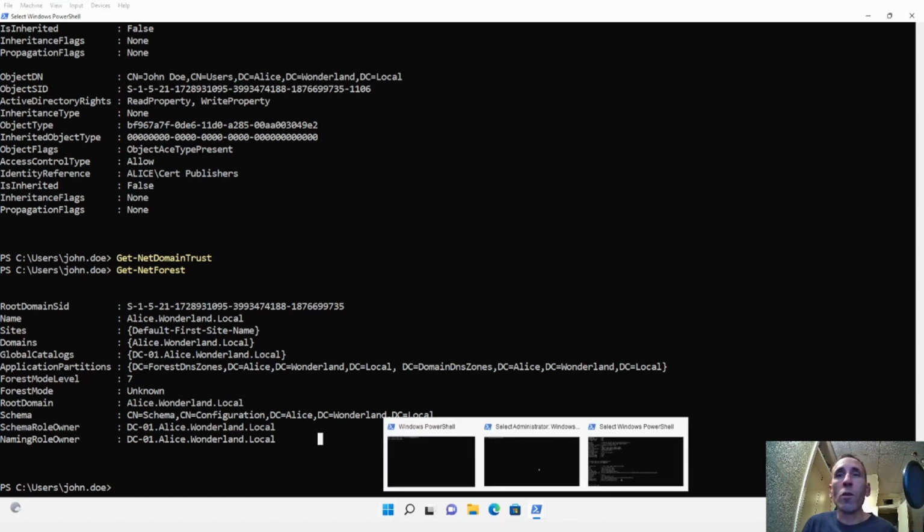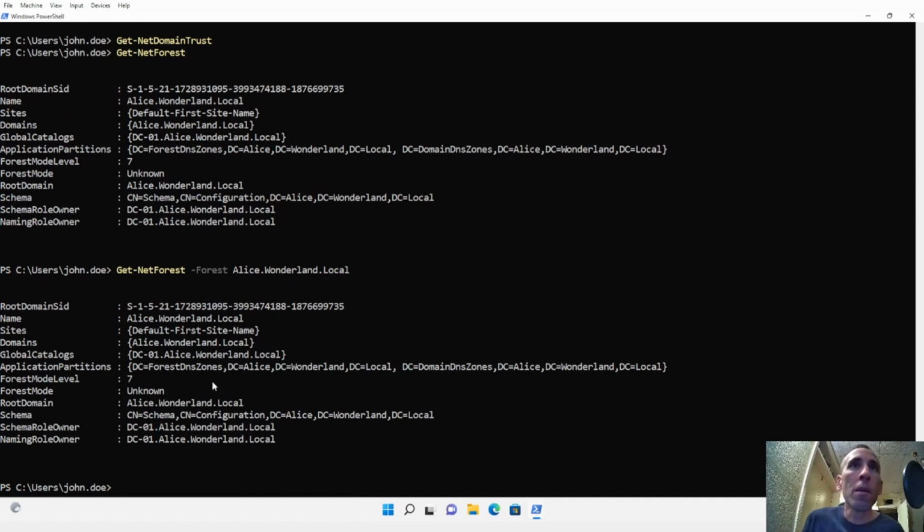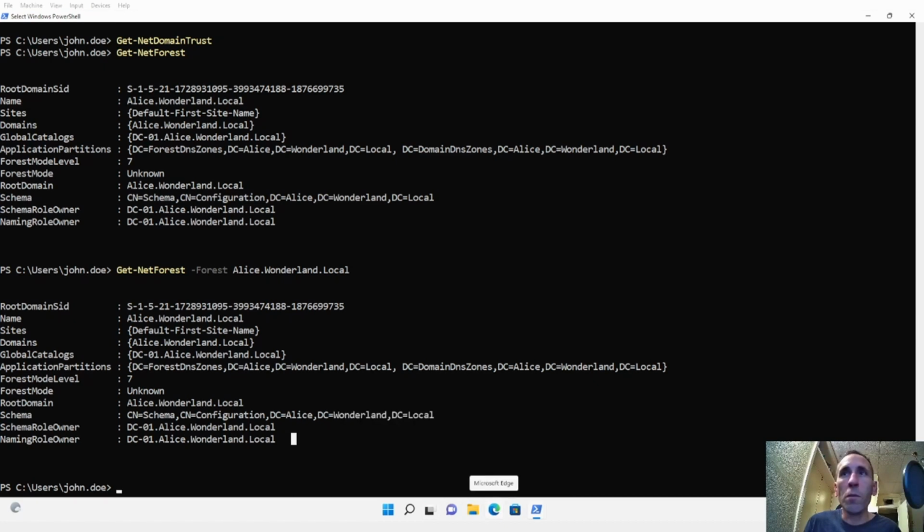So if you were to run those two though, we could then look at other forests. So look at a different forest. You could also do Get-NetForest with the forest tag, and then wonderland.local, and obviously it would be a different forest, so it would be like wonderland.local or anything like that, right? But there we go. Okay, we're not going to see anything different here because we don't have more than one forest on this one right now. Hopefully I will at some point. Okay, so that is going to be it for today with just going through and looking at all the different types of